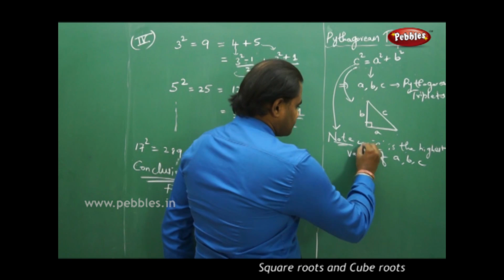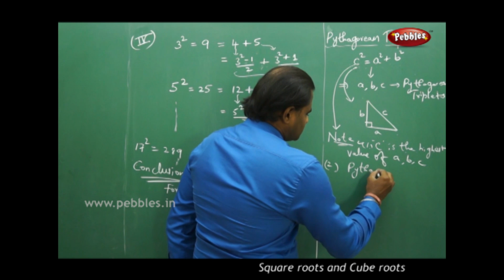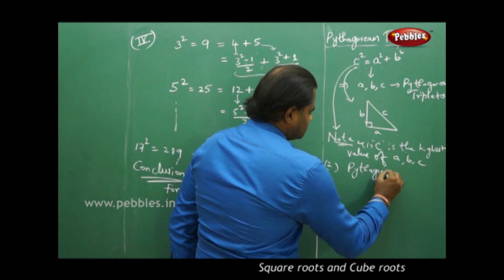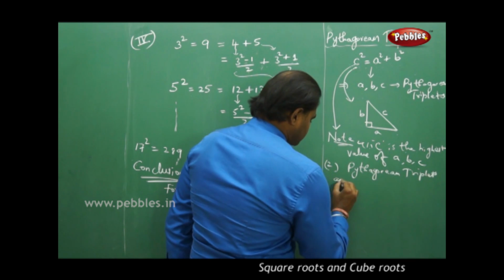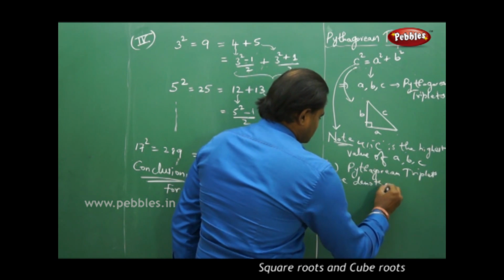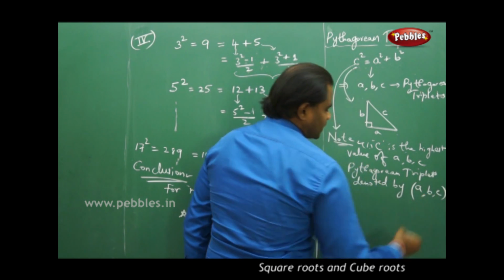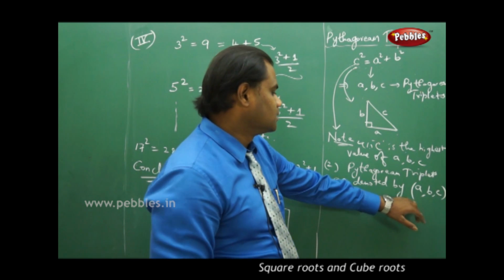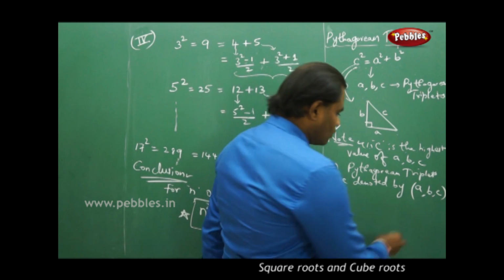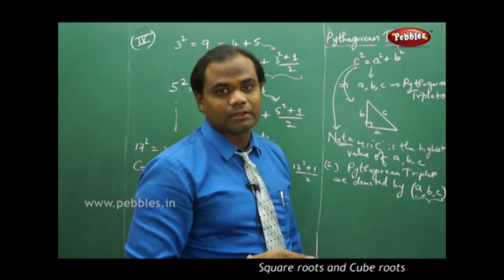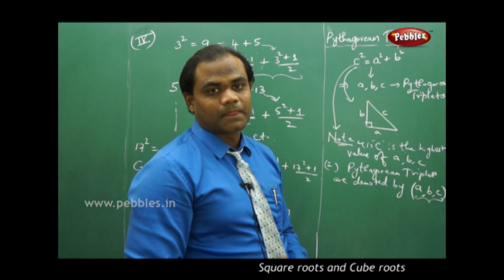And next, generally Pythagorean triplet is denoted with a bracket put in this. So if I write in the form a, b, c in brackets, then this is called the Pythagorean triplet of a, b, c. That means these three form a Pythagorean triplet when put in bracket. So this is the symbol I use for Pythagorean triplet. Say for example